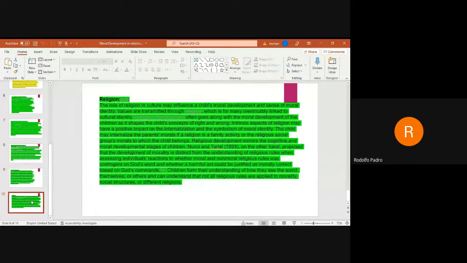Next, we have number 9, the social domain theory, as I mentioned a while ago, and of course the religion. So the role of religion and culture may influence a child's moral development and sense of moral identity. So values are transmitted through religion, which is for many inextricably linked to cultural identity. So religion also plays an important role because it is linked to what we call cultural identity,